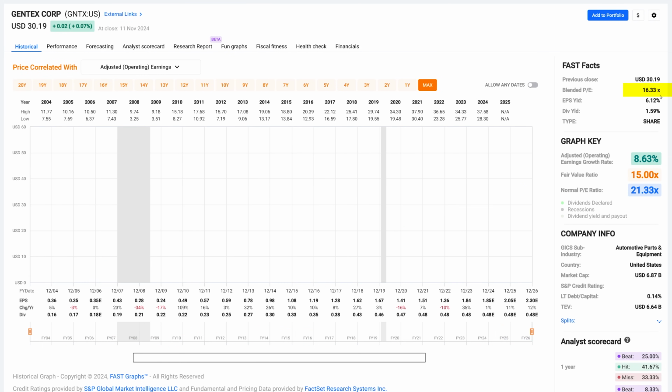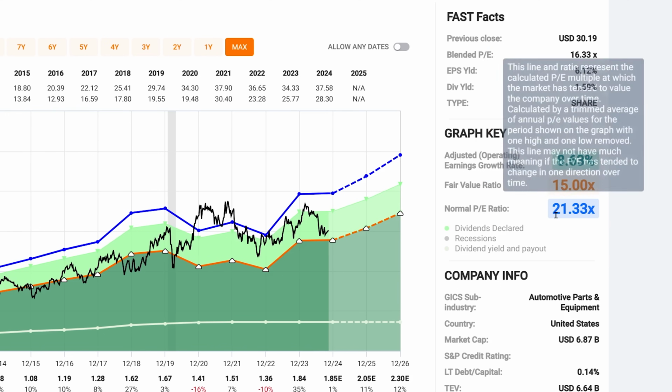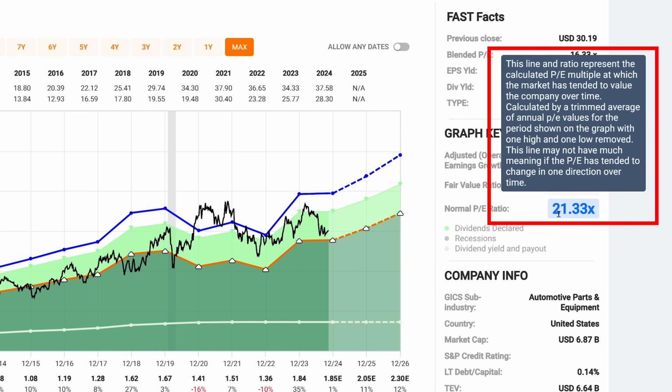Now it has a PE of 16.3. It was the highest PE, as I mentioned. You can see by just looking at the graph, a 15 PE is this orange line here. And then the blue line is a normal PE of 21.3. Now what a normal PE is, it's a trimmed average of the market. Okay, and if you go ahead and click on this, it represents the calculated multiple at which the market has tended to value the company over time, calculated by a trimmed average of annual PE values for the period shown